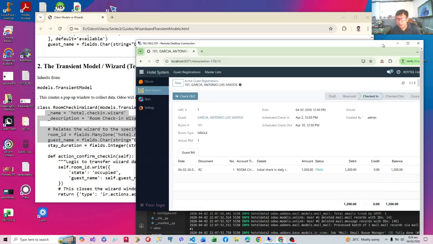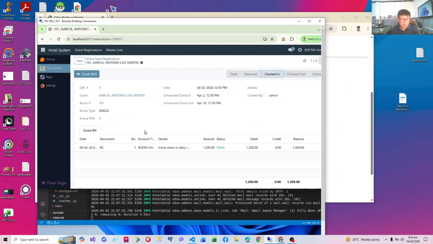In this guest registration system, we are going to add a new button that will ask for either a new payment, a new room charge, a discount, or a new charge for meals and other services. So when we are going to get that input, we are going to use a wizard.